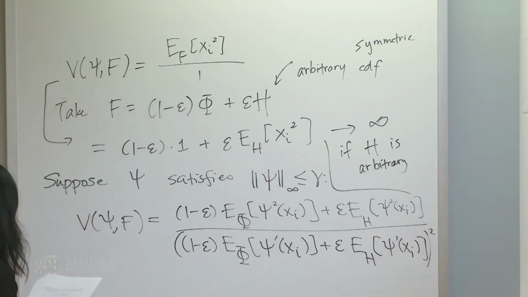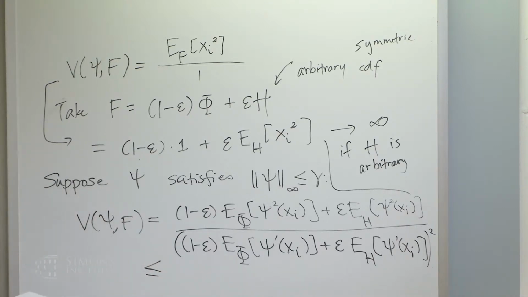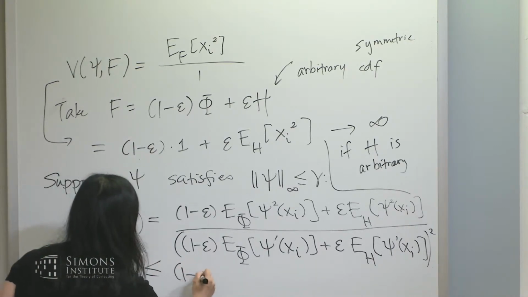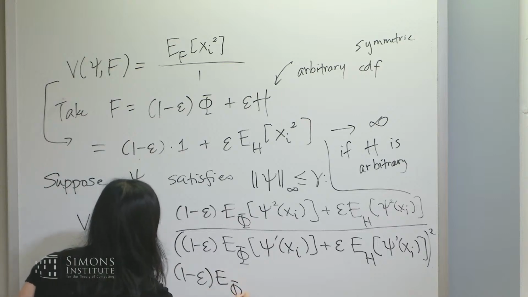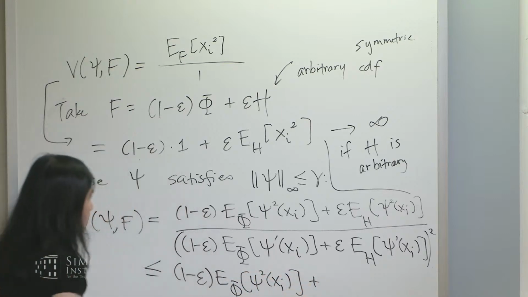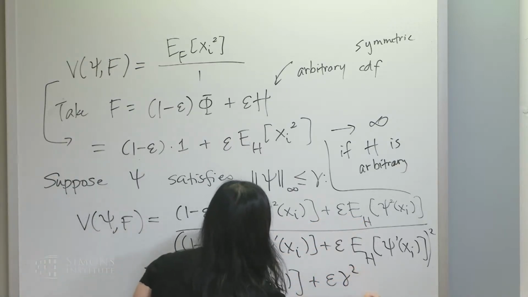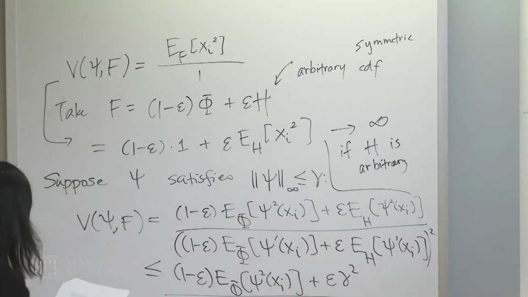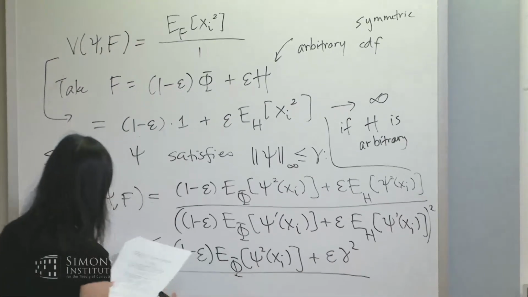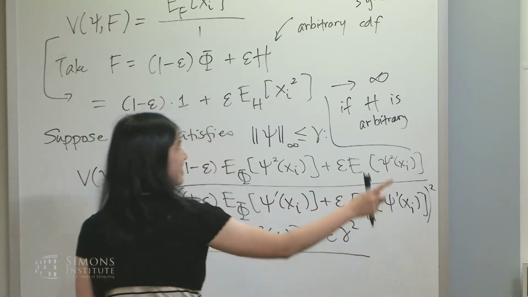Okay, and the point is that I can now upper bound this. And the simple upper bound is 1 minus epsilon expectation under phi of psi squared of xi plus, and because psi is now bounded, there's epsilon gamma squared divided by,